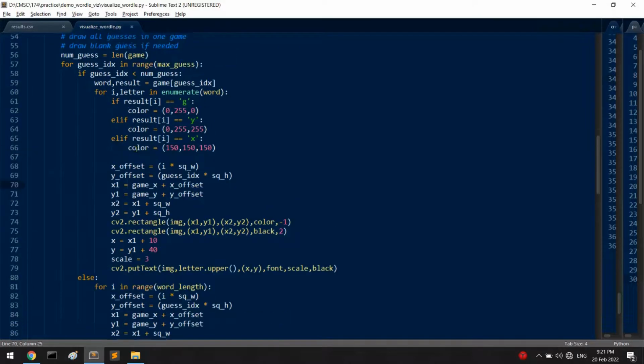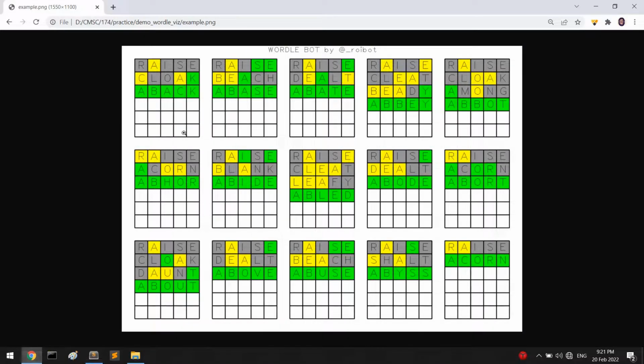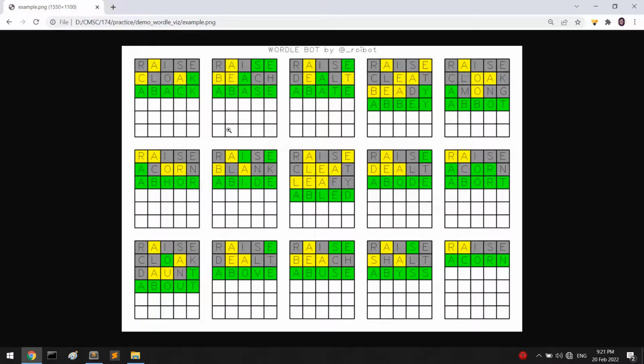So we have to adjust now the starting position of the game X and game Y because we've always been starting at 50-50. That's why they are overlapping. So we have to adjust them in such a way that they will be tiled accordingly, like this. Okay, so first we will have to compute some things, right? So like for example,